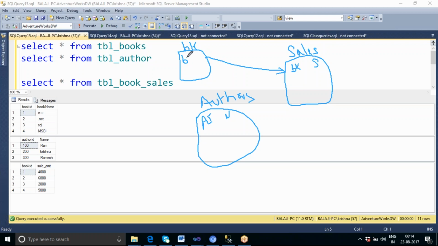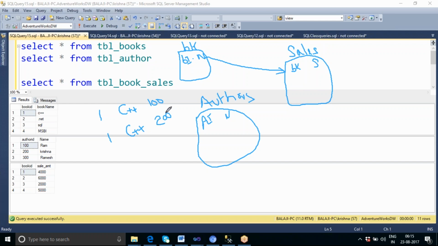Now, but I want to get the author wise sales. Can I introduce it in the books table itself? Can I introduce the book ID, author ID, and book name? Let us say book ID 1, book name is C++, author ID as 100. So in the books table, can I add one more column, author ID, with the same book ID? C++ was written by multiple authors. Then can I make a data like this?